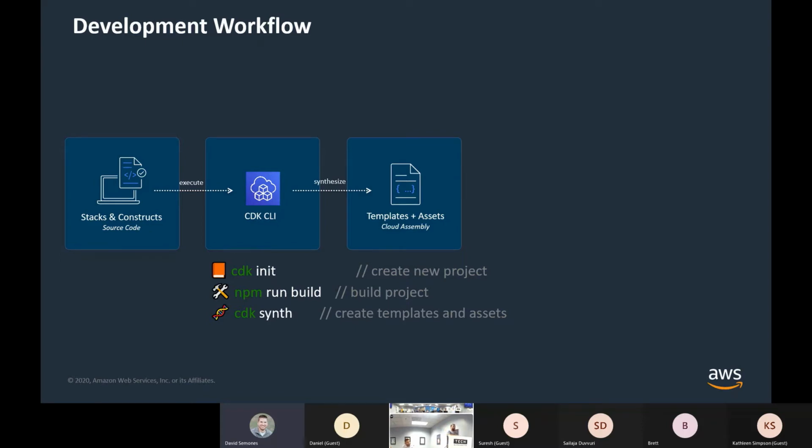So npm is in a weird spot. If you use TypeScript, TypeScript compiles down to JavaScript. Java compiles down to, what's the name of that bytecode? JavaScript has to be compiled, that's the crux of that. C# is very similar. Python doesn't need to be compiled. JavaScript doesn't need to be compiled. Those are interpreted languages, so you wouldn't need the equivalent of an npm run build command if you were using one of the other supported languages. Just for this demo, it looks like someone is using TypeScript, so you have to manually build that.